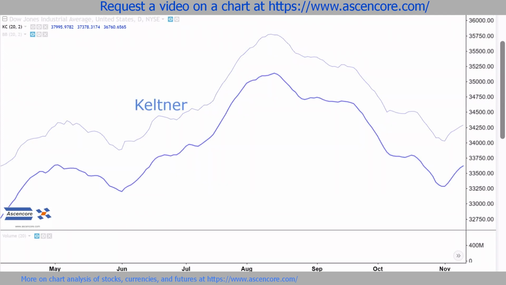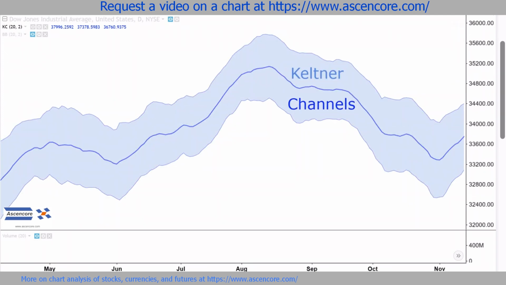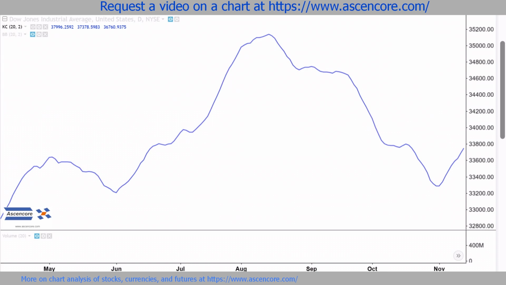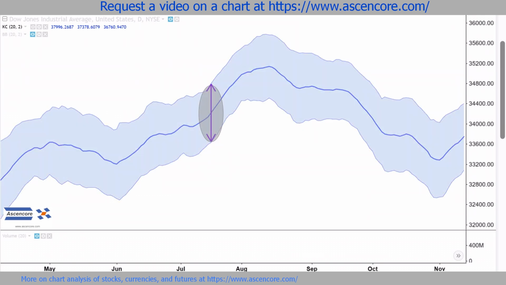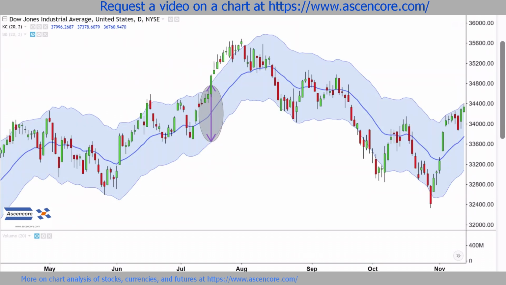This is a tutorial on Keltner channels used in technical analysis. This indicator centers around an exponential moving average that's often set to a default length of 20. It serves as the middle or center line. Then there will be a line below and above this middle line to form the upper and lower boundaries of